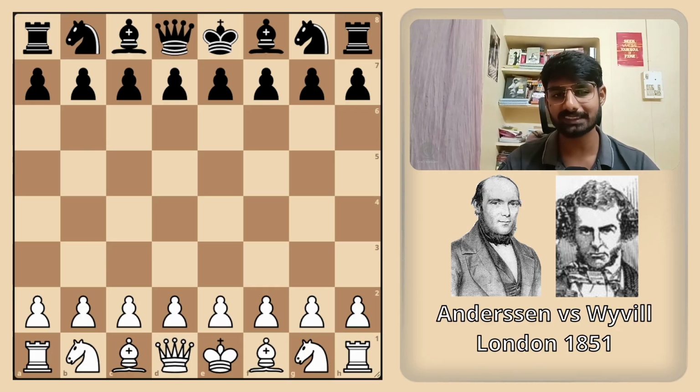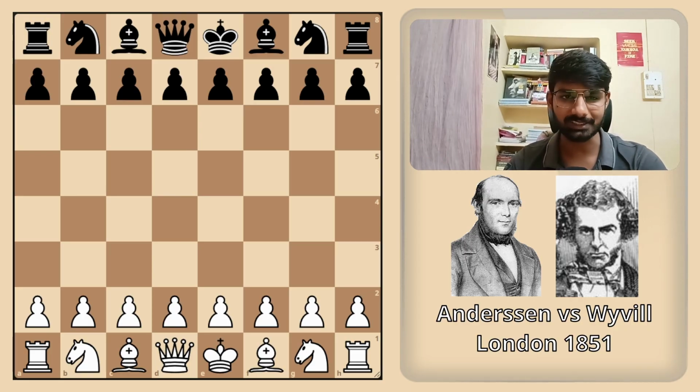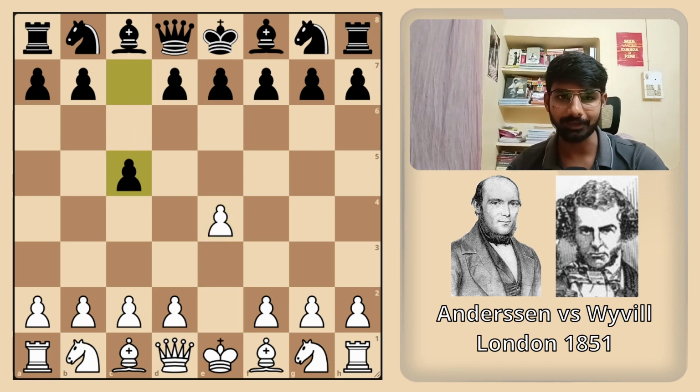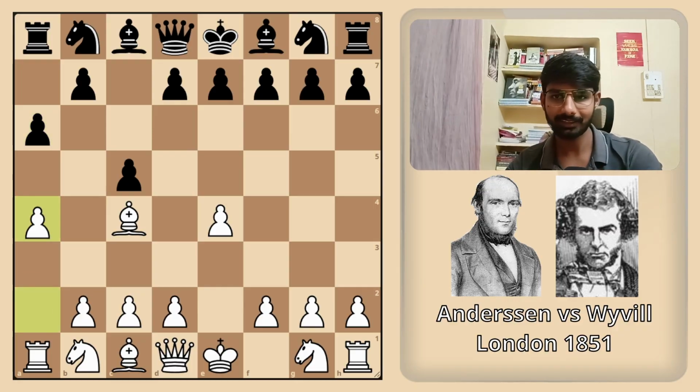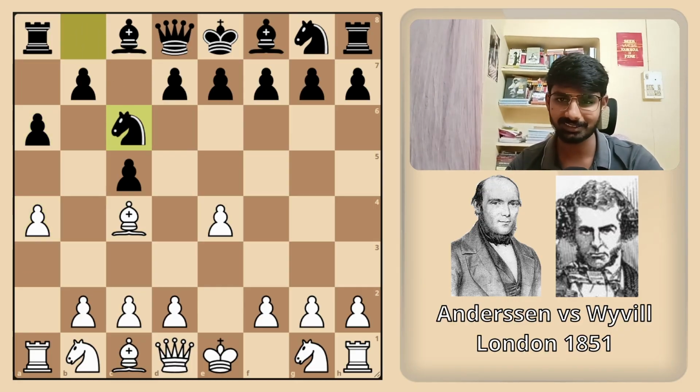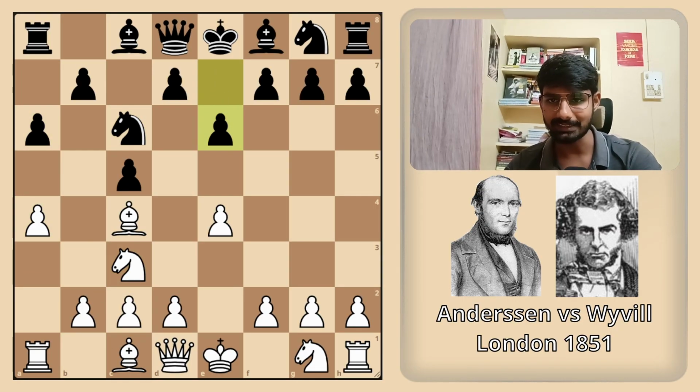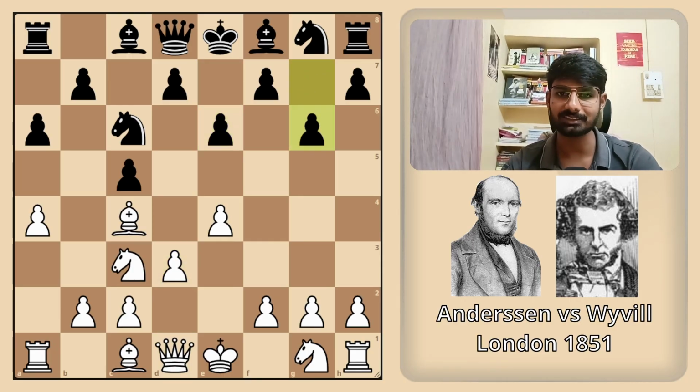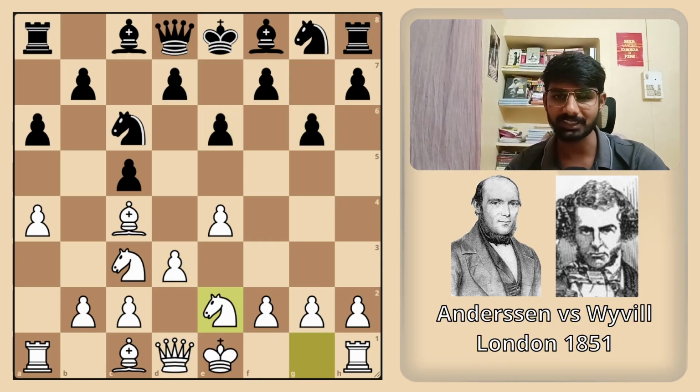Now we are going to look at the seventh game of the final round. Anderssen won this game effortlessly in a beautiful way. In this game, Anderssen played with the white pieces. e4, c5, Brazilian defense, bishop c4, a6, a4, knight c6, knight c3, e6, d3, g6, knight g e2. Obviously, Anderssen is mainly focusing on his development.